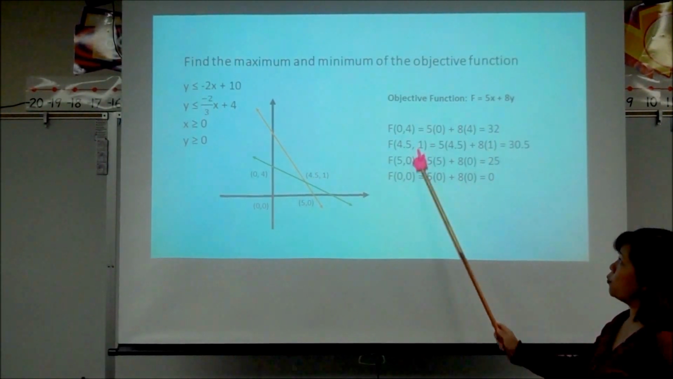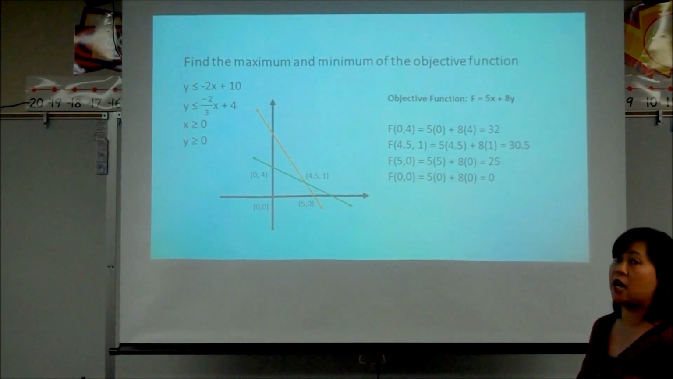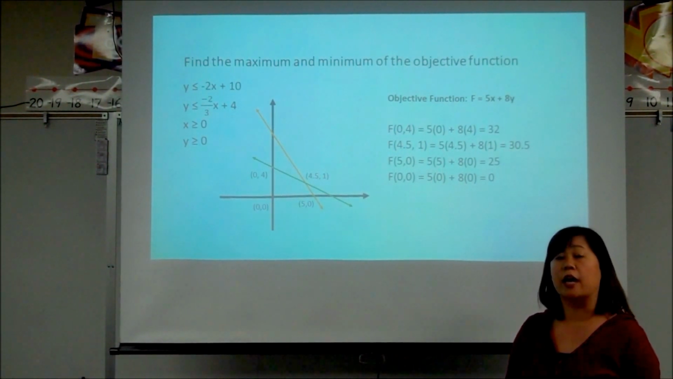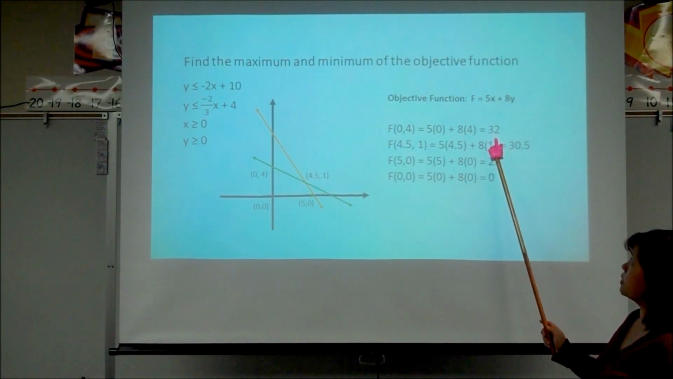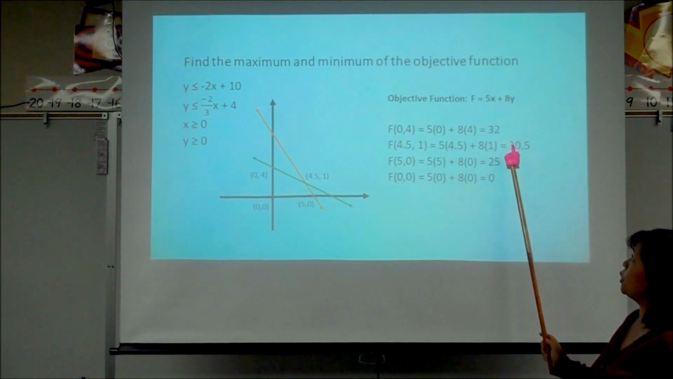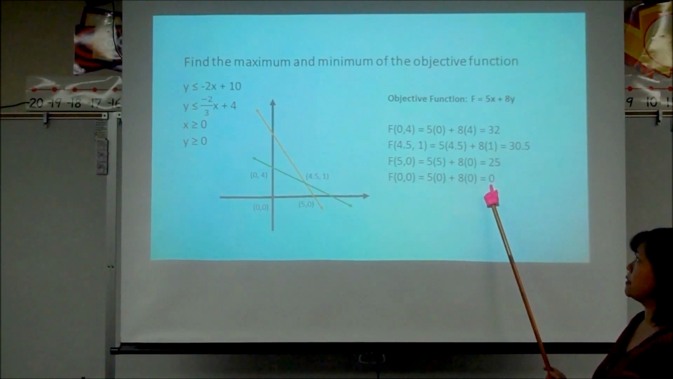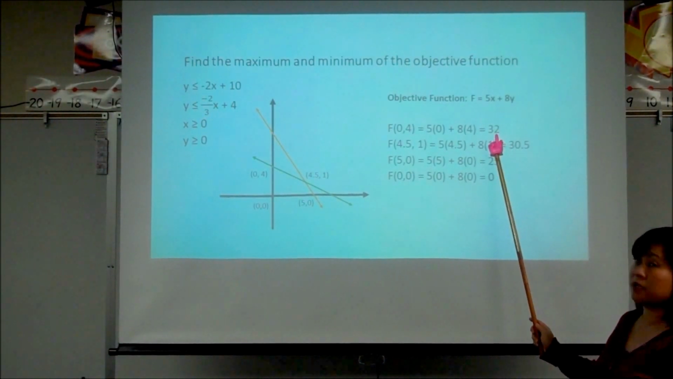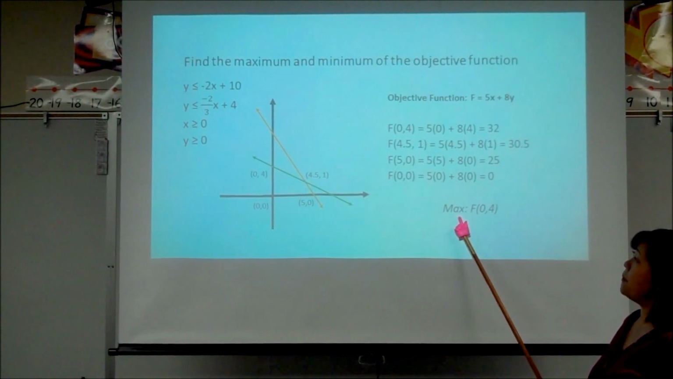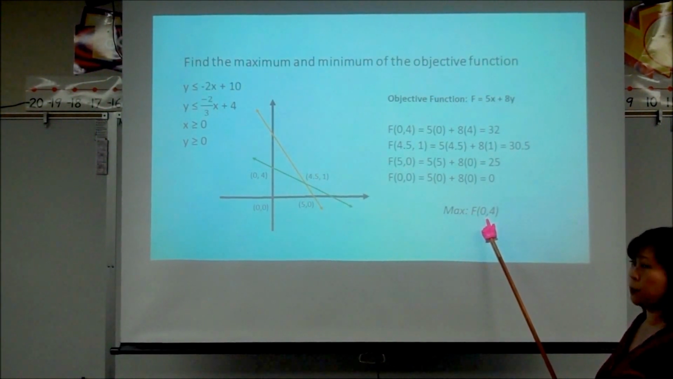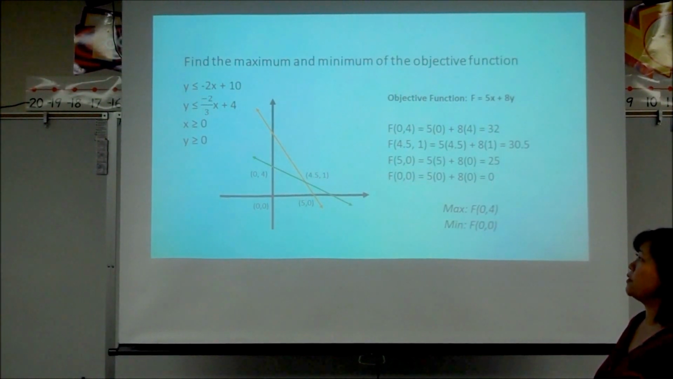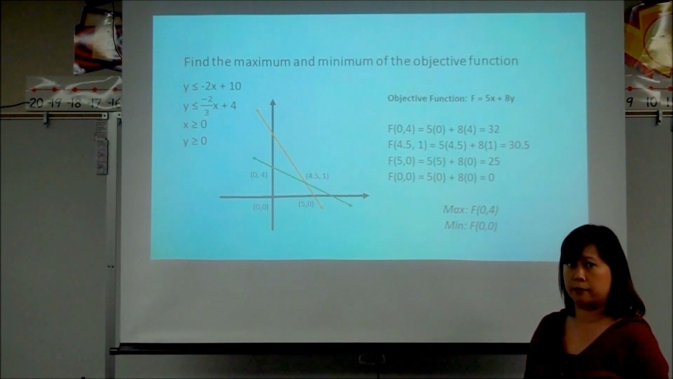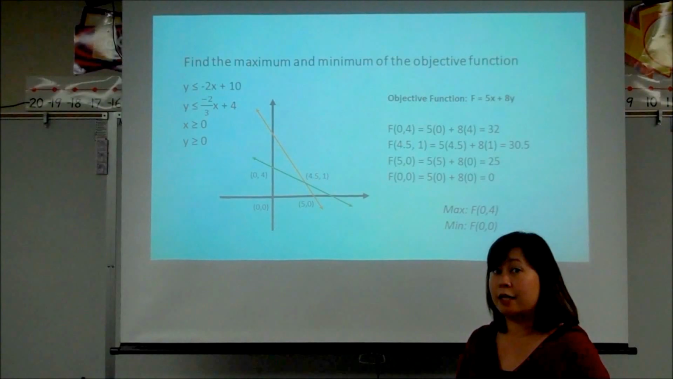So once we're done with this part right here, we're just finding out where the maximum value is and where the minimum value is. So the maximum value, if you look at the numbers, the final products, we have 32, 30.5, 25, and 0. So it looks like 32 is the maximum, so you'll just write down maximum at 0, comma 4. And then the minimum number is obviously the 0 right there, so 0, 0 becomes the minimum right there. Okay? So that's it for the linear part of